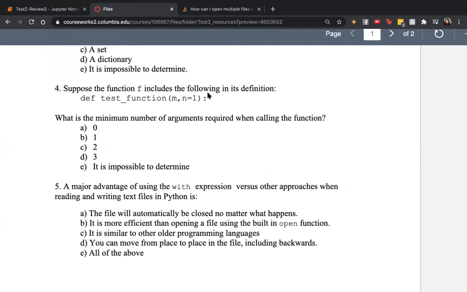Any guesses? This is our function. 1. Yeah, so it would be 1. Because, so this is our function, right? Here we have a positional